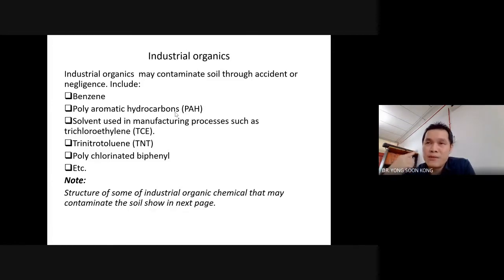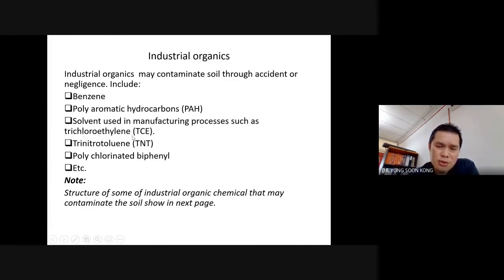Sometimes in my previous test question, I asked students, okay, give me a chemical structure of a PAH, and then they start drawing one benzene ring and then attached with a lot of halogens. No, that is not correct. Remember, you put at least 3 benzene rings, no matter how you arrange it, that will still be the answer. And then solvent used in manufacturing such as